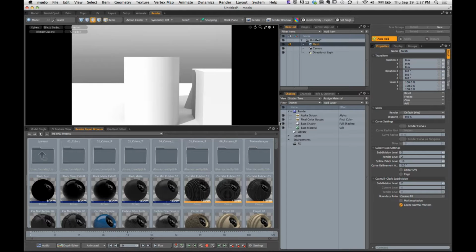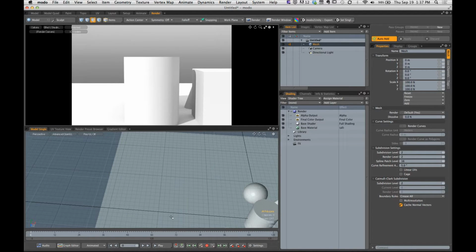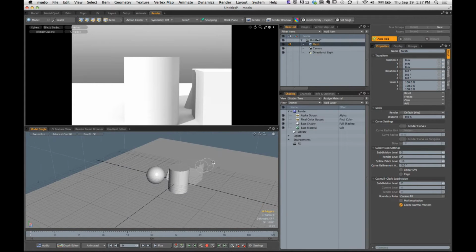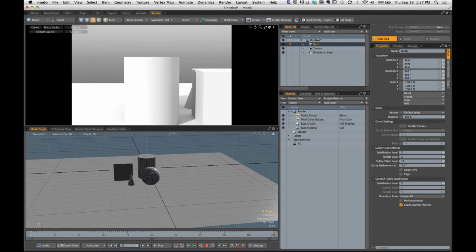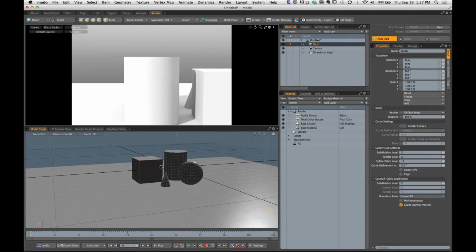Now, I've changed this bottom section here to my preset browser. I was doing some work yesterday on some professional client work, and this is probably what you're going to see down in your window, okay? Notice that the bottom section is broken into a whole series of tabs. I'm in the Model Single tab. Now, this OpenGL viewport that we gained down here at the bottom is really quite invaluable to have because it gives us access to our scene. Okay, I can very quickly navigate, see all my little items. In addition,